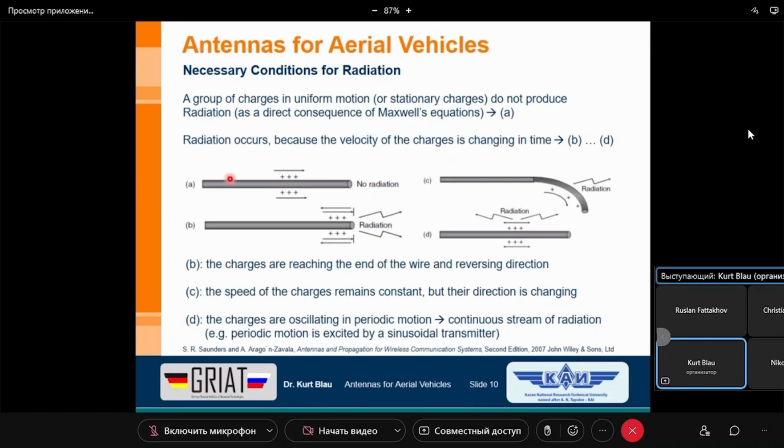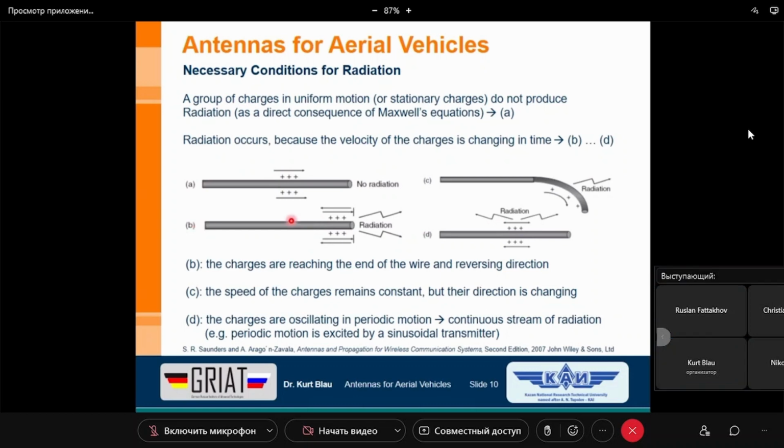And what must happen so that we can get a radiation, not a sinusoidal radiation as I explained in the slide before? I mean only that an electromagnetic wave goes away from this wire. Again, we have here a constant current flow. The current doesn't change its value over time, it's constant. And now let's go to this example. We have the same current flow, but I break the current flow suddenly, let's say here in this plane,